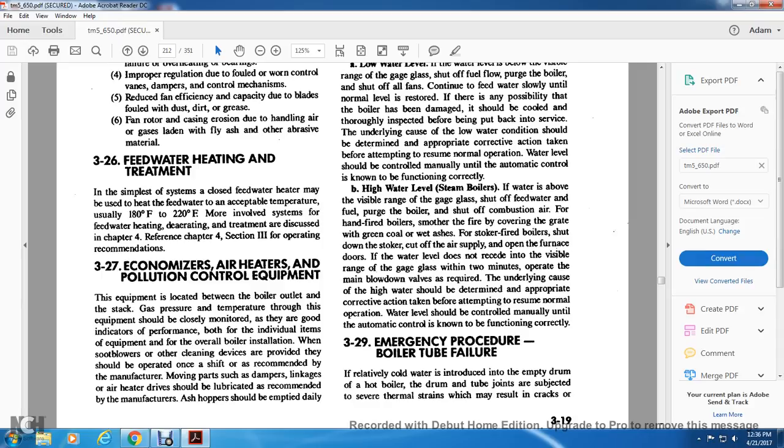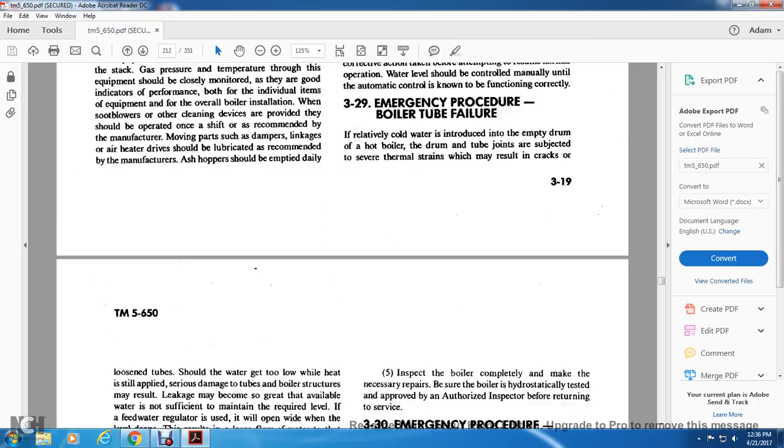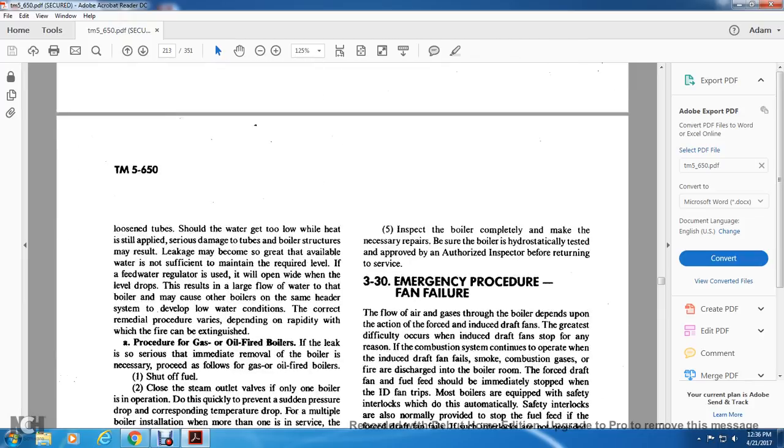329 Emergency Procedure: Boiler Tube Failure. If relatively cold water is introduced to the empty drum of a hot boiler, the drum and tube joints are subjected to severe thermal strains, which may result in cracks or loosening of tubes. Should the water get too low while the heat is still applied, serious damage to the tubes and the boiler